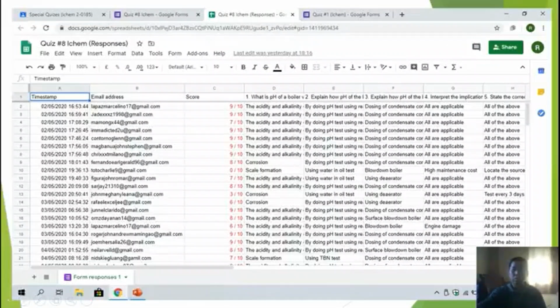And now you can see the score of your student. Now you can proceed to transfer the score to the grading sheet from your school, which you have to use. So here now, this one will automatically save in your Google Drive. Here you can see that every time you change something here, it will automatically save.